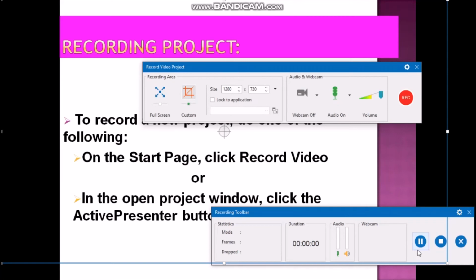Here are the stop and capture, and pause and capture buttons. To close your recording, you use this button or directly from here. For recording, you simply use this red button. When you click on this recording button, your actual recording of the screen will start. So friend, this is a very good tool, or resource, of Active Presenter, which facilitates you to capture your whole screen in audio and video form.